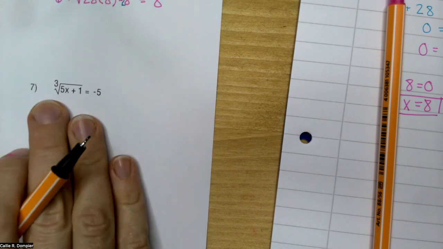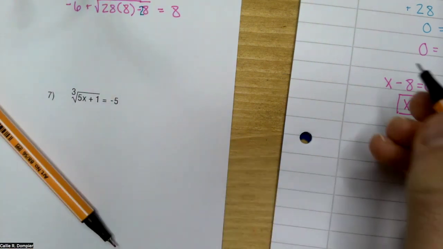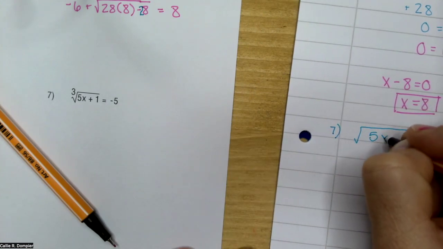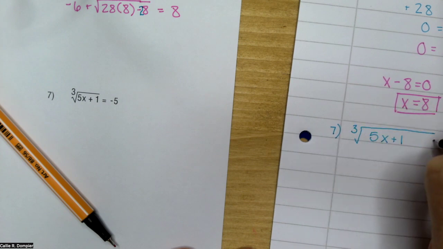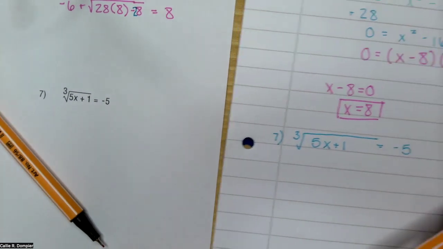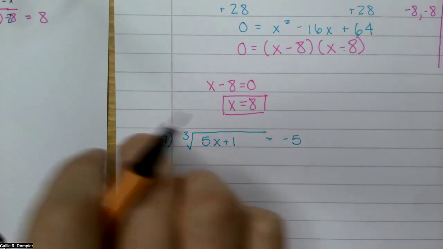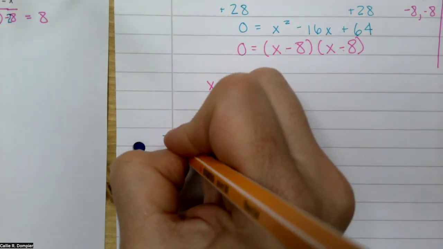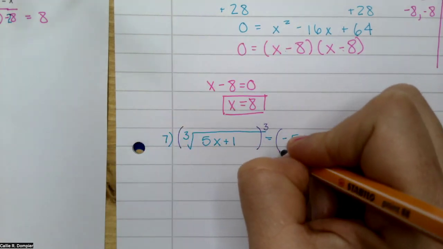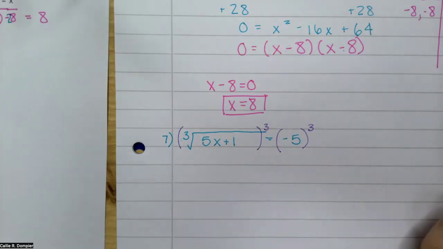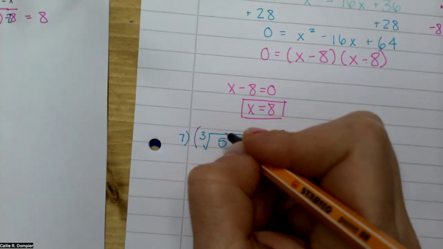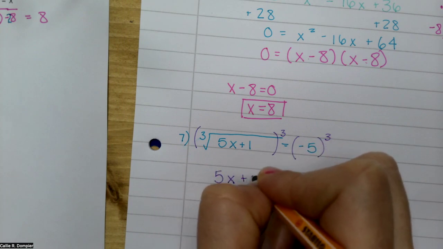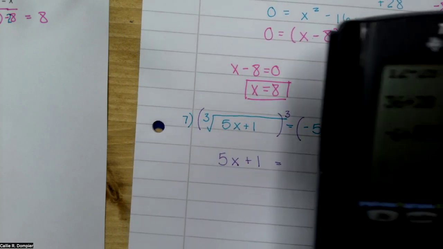Number 7, we're doing a cubed root, okay? So we have the cubed root of 5x plus 1 is -5. We've isolated the cubed root on this side. We're going to cube it. Anything I do to this side, I have to do to this side. The cubed root of 5x plus 1 cubed is just 5x plus 1 equals, be very careful with the cubed roots